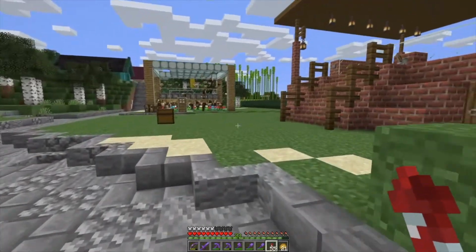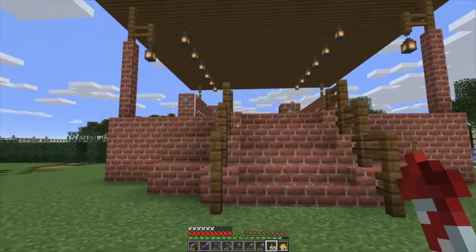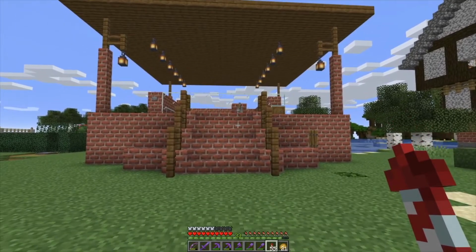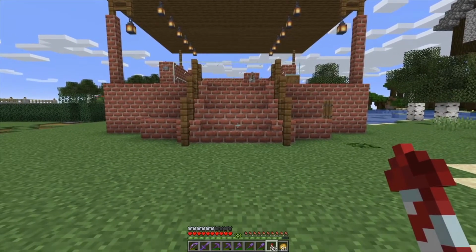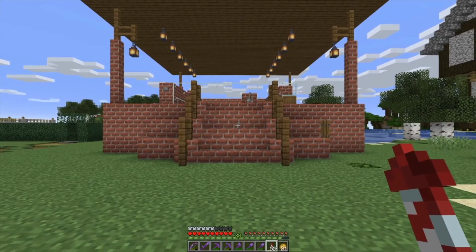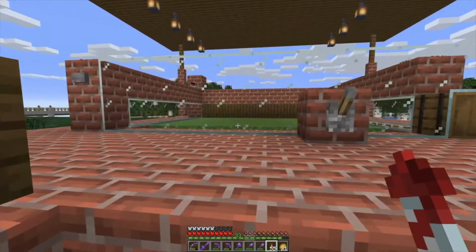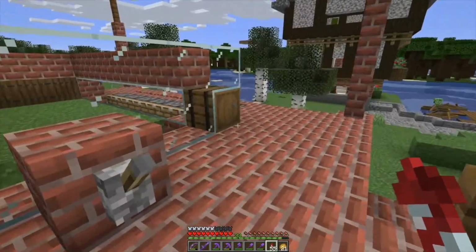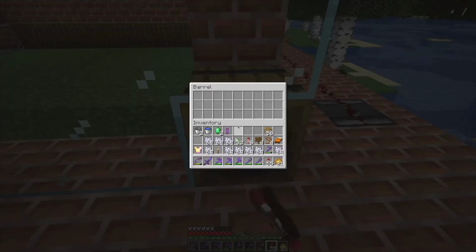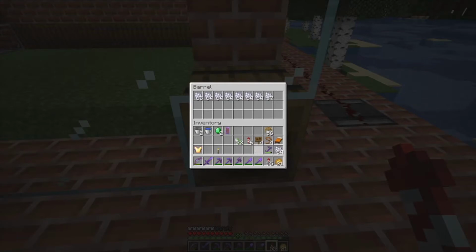This is a flower farm, and I'm particularly proud of the build. I used a tutorial, and I'll link it in the description down below. I don't remember right off the top of my head who did it, but I will include their name in the description below. And that's why I brought this block of bone meal, because this right here is the input for the bone meal,